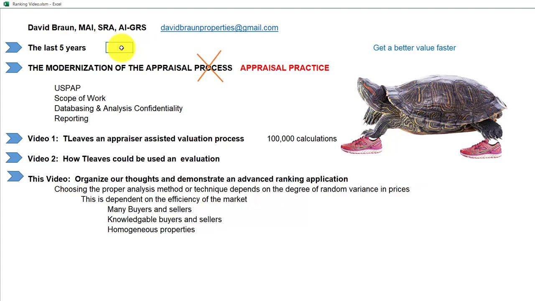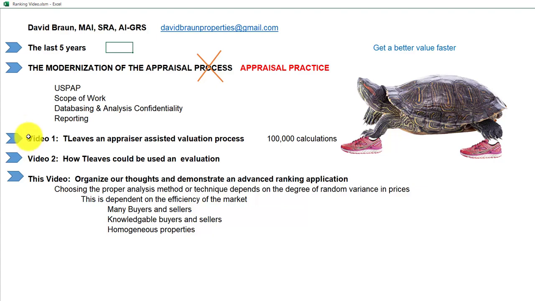But I spent over a year on the tea leaves, which I showed in video 1. And then after that, I worked on an advanced ranking application, and that's what we're going to look at today.